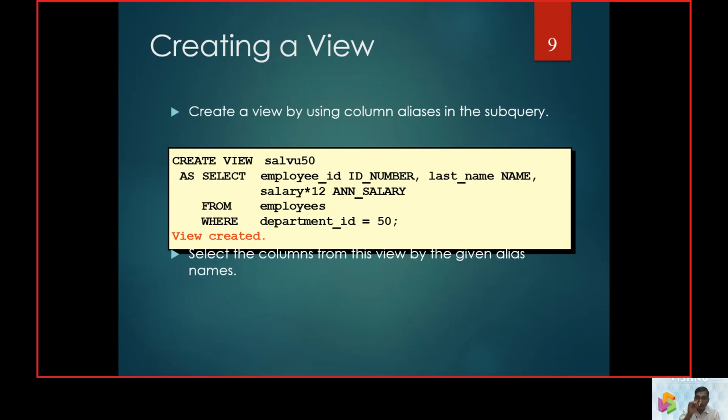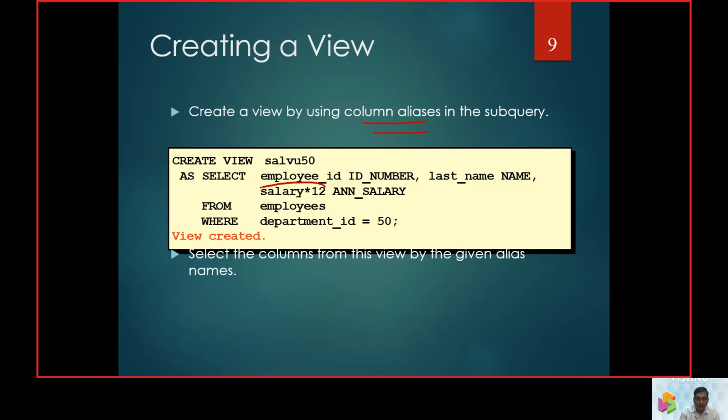Now there is a way we can do some arithmetic operations, some mathematical operations also. And the second thing is we can create a column analysis in the form of a subquery.